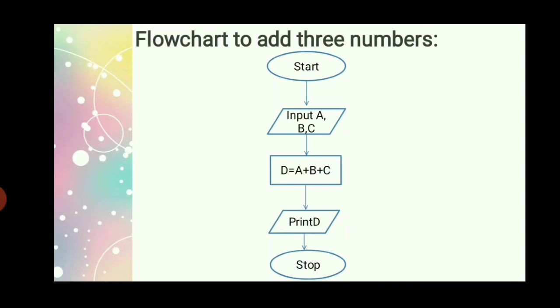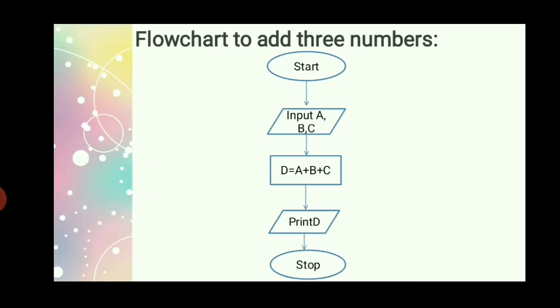It is called a variable when you give some name to any number. Like if I want area and I'm giving it the name area, that is called a variable, which means I'm giving it a named memory location. So here after start, input A, B, C. Very short, like A, B, C, the three numbers. I am assuming this, I'm giving the names. You can write P, Q, R like that, very short.